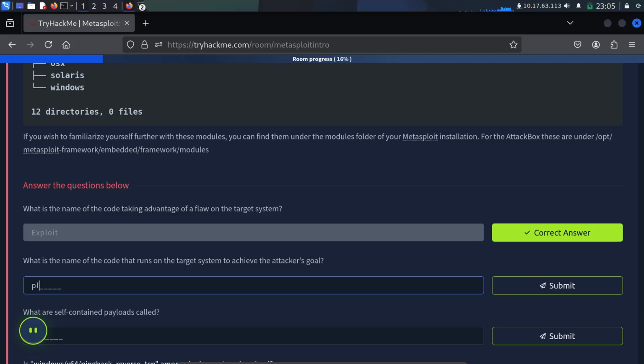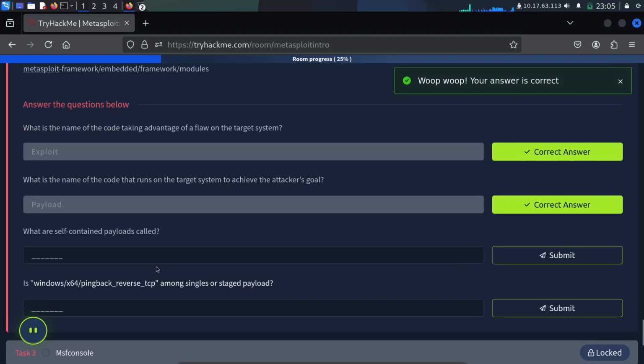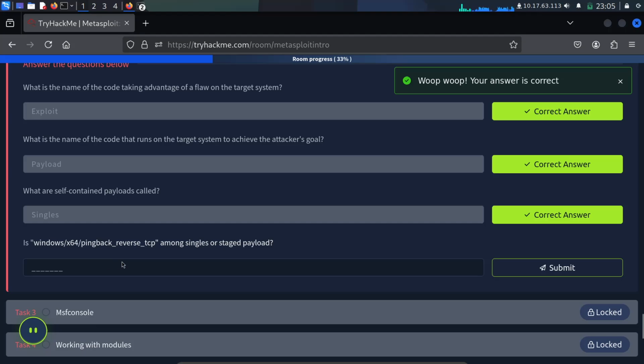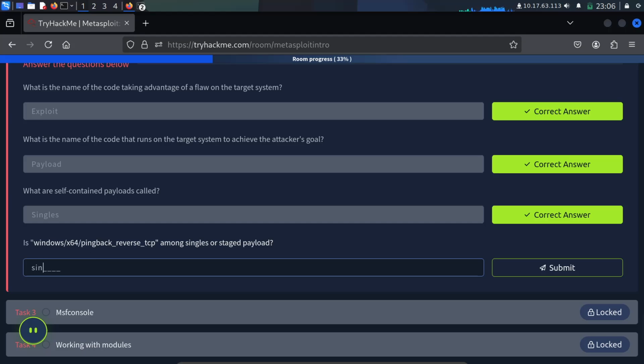We can answer payload. Then what are self-contained payloads called? This must be singles. Then is windows/x64/pingback_reverse_tcp a single or staged payload? This is single.